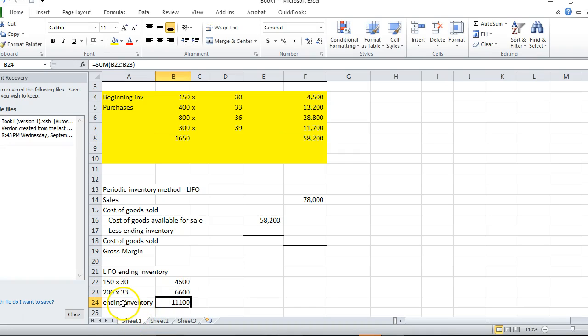So our ending inventory should be $11,100,